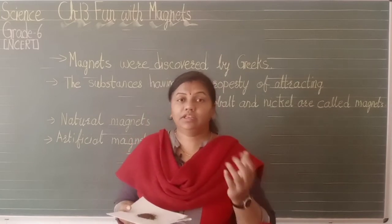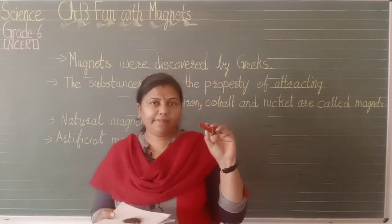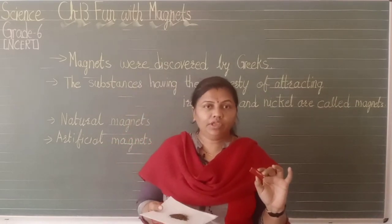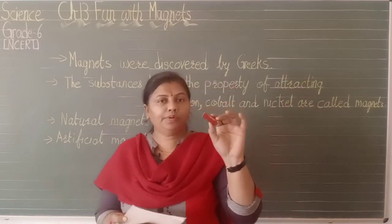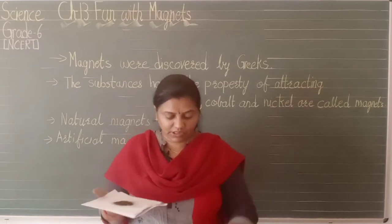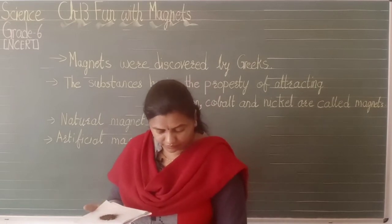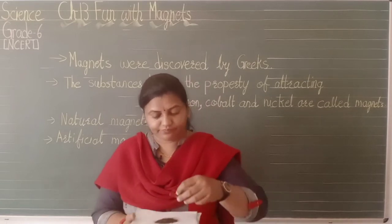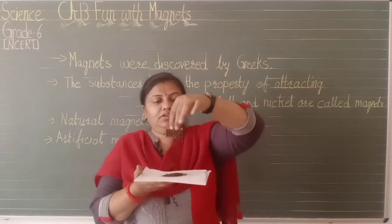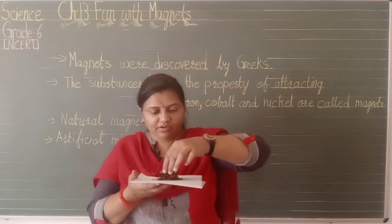Now as you have seen in the pin experiment, here we will see this bar magnet, or you can also have a cylindrical one, it doesn't make any difference. As soon as you bring this magnet near these iron filings, let us see what happens. From the center I am holding this, bringing it near. See, you can see that